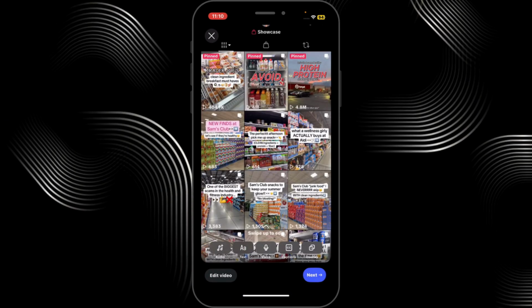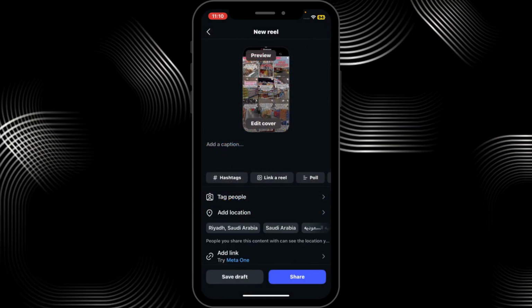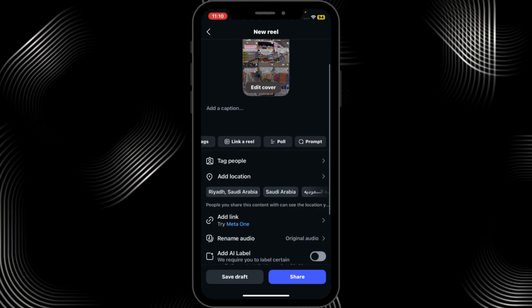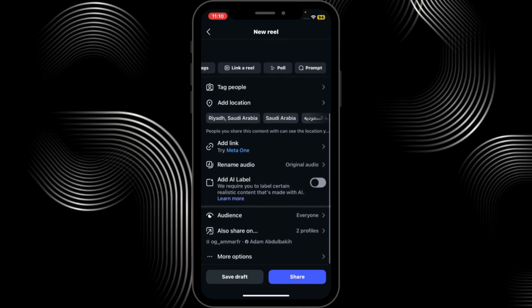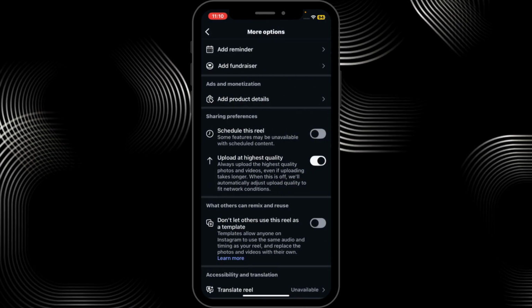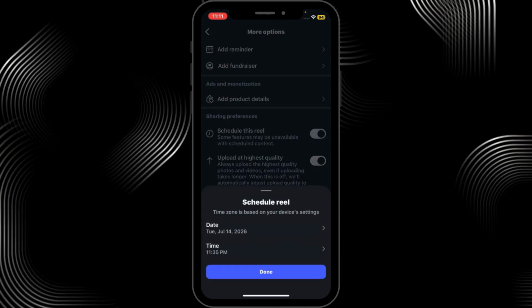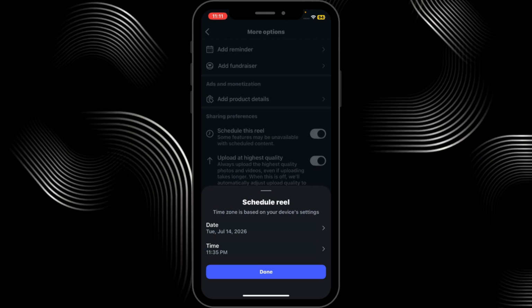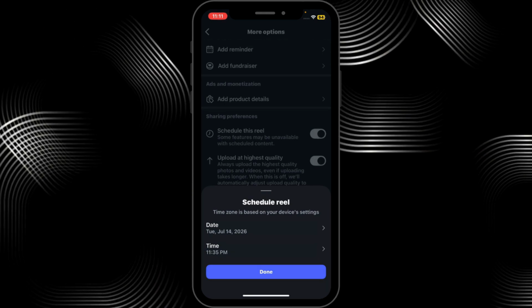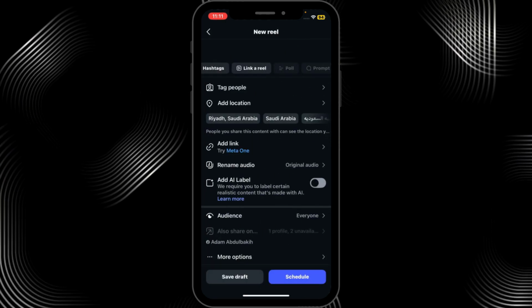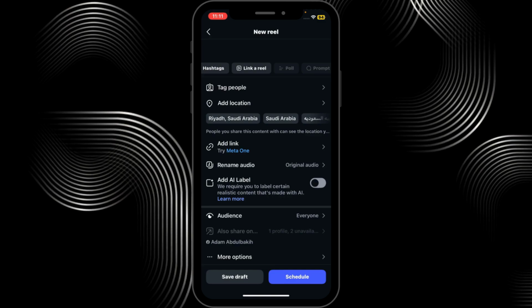Next, continue. Add your captions and hashtags or polls if you need to. Location, tag people, right? And before publishing, hit more options. Turn on schedule this reel. Select the date and time, right? And basically, once you select the date and time, you're gonna go back and hit schedule. So you can schedule up to 75 plus